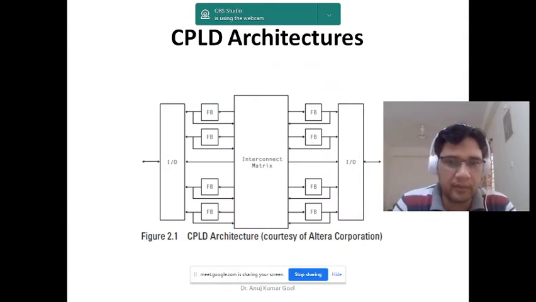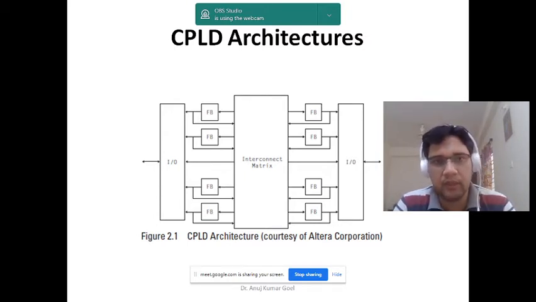Okay, if you have a notebook with you, please make the diagram. It consists of basically three blocks. First is the input output block. By its name, it is clear: input output. Either it will take the input or it will give the output. We will explain its internal circuit diagram in the next slides. But for the internal architecture, it is the first block, which is called the input output block.